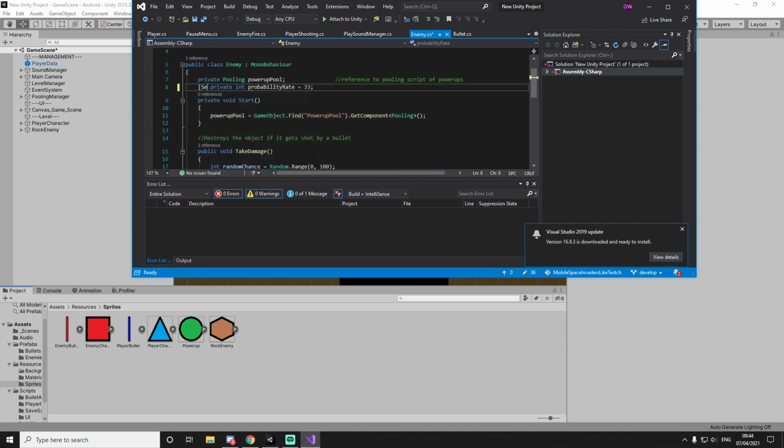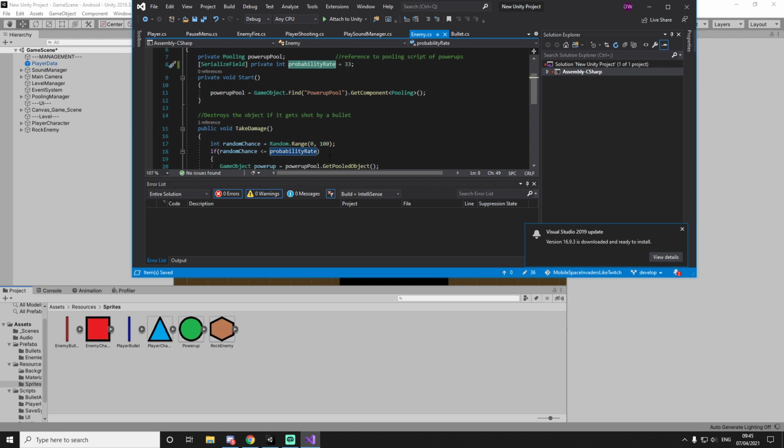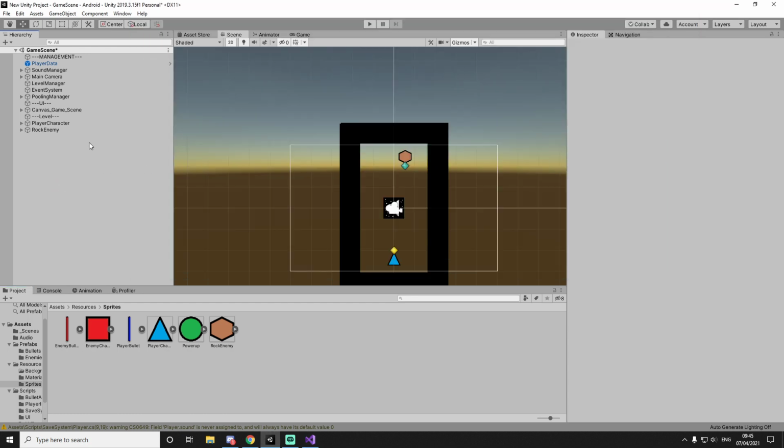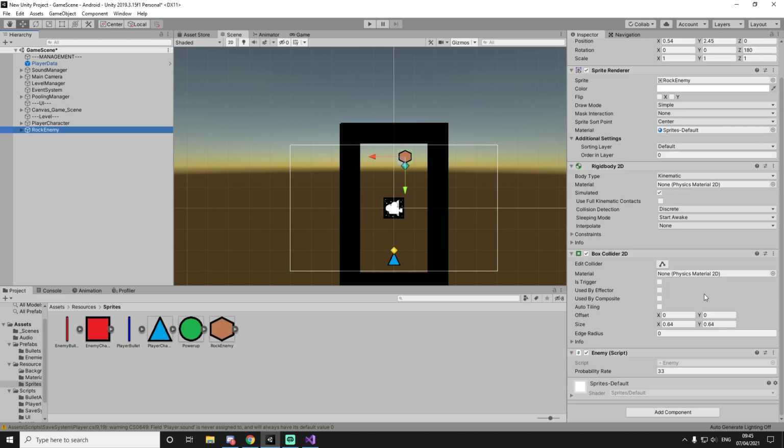Well, we don't want the rocks to spawn power ups, so first thing I'm going to do is set our probability rate to be higher than 0, and we actually don't want to roll a 0, so we will change this to a 1 and 101. Right, so 0 will be our value. That will never happen. So now if we click on our enemy rock, we'll change the probability rate to 0